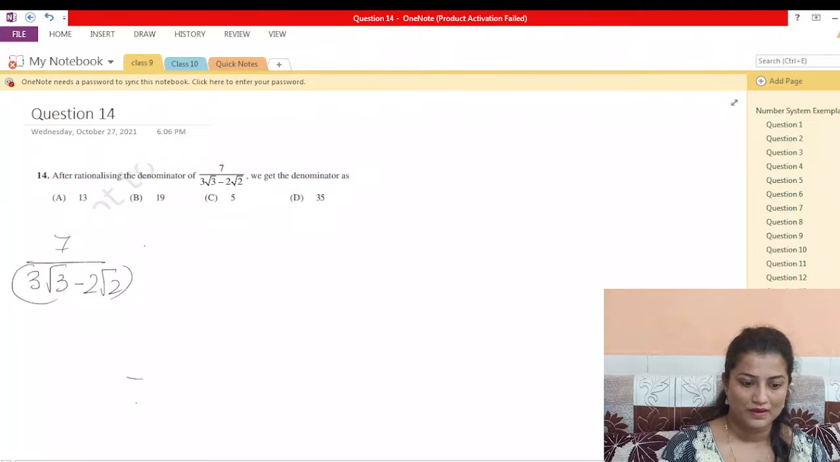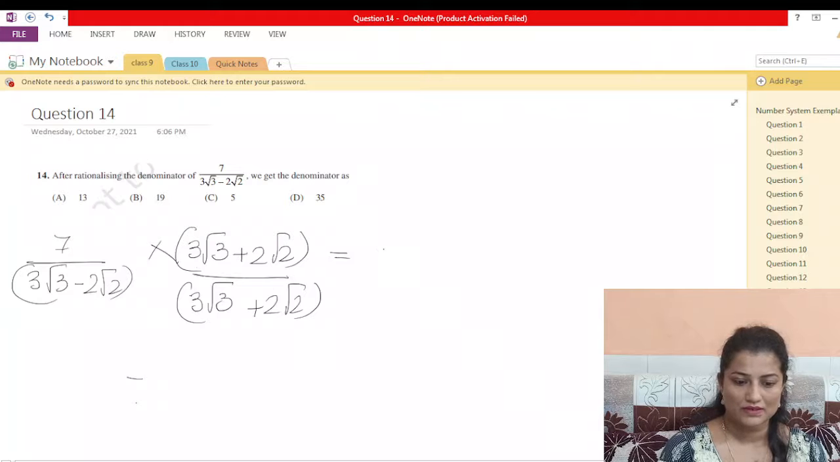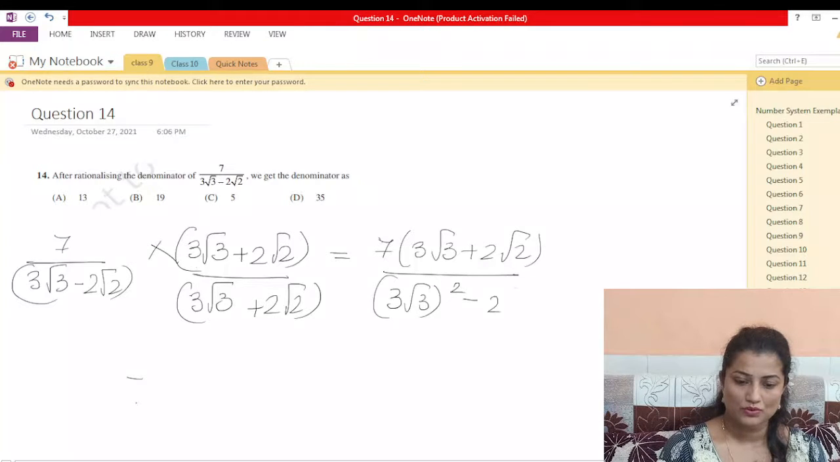This is our question. And while rationalizing, we will multiply both the numerator and denominator by the opposite of the denominator. So it goes as 3 root 3 plus 2 root 2. Same will be multiplied in the denominator also: 3 root 3 plus 2 root 2. Right? So while solving this, we have 7 into 3 root 3 plus 2 root 2, and in the denominator we will be having 3 root 3 whole square minus 2 root 2 whole square,